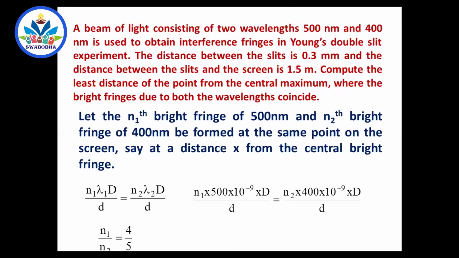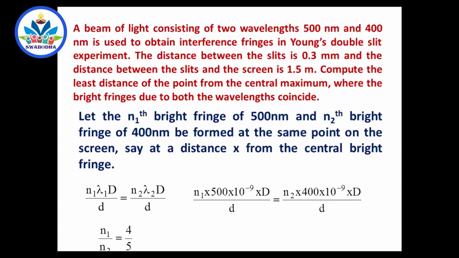You see, your foot length is 0.75 feet, correct? Your friend's foot length is 1 feet. So you have to keep 4 steps for 3 feet. If you want to cover 3 feet distance, you have to keep 4 steps. What about your friend? His foot length is more. So his number of steps may be less. Three steps will be enough to cover 3 feet distance. Similarly here, for 500 nanometer, N1, less number of waves are enough because its fringe width itself is more. For 400 nanometer, more numbers are needed.